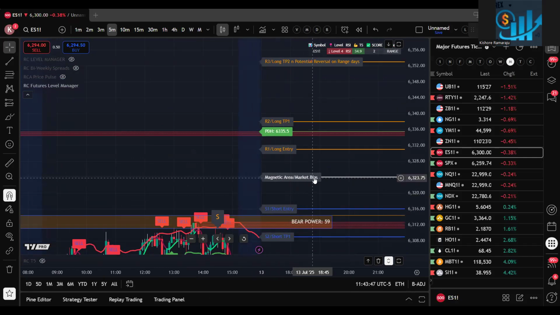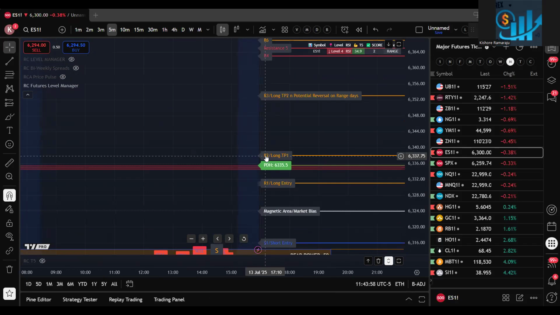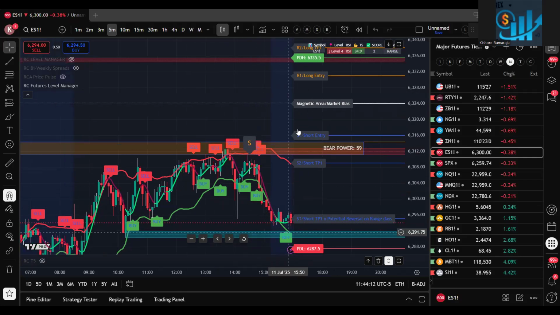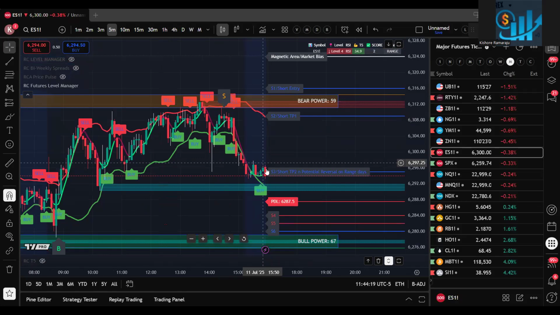magnetic area. That means this is where you have an equal number of buyers and equal number of sellers, right? It is like a baseline. This is your resistance 1, this is your resistance 2, resistance 3, resistance 4. Generally, when the market is below this, that means overall there is bearish pressure. You can say that overall the market is bearish, right? If price is below the magnetic area whenever the market opens, then generally it will be